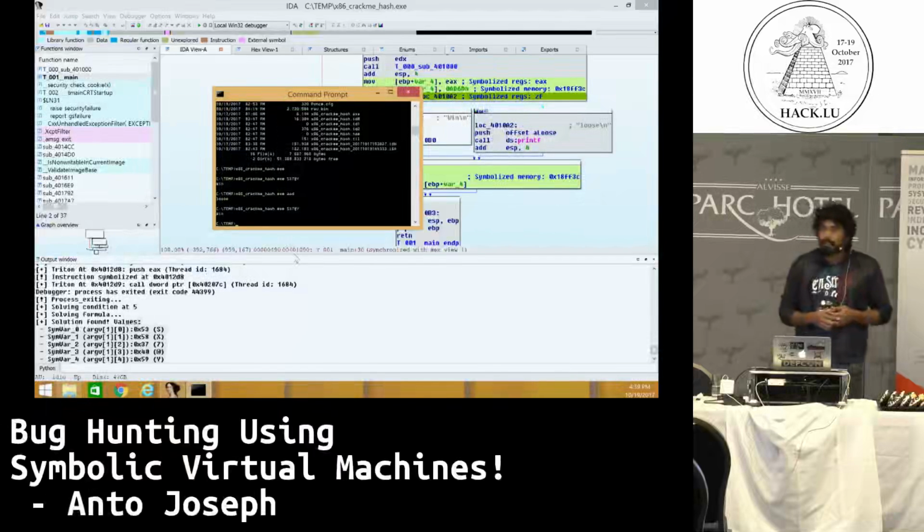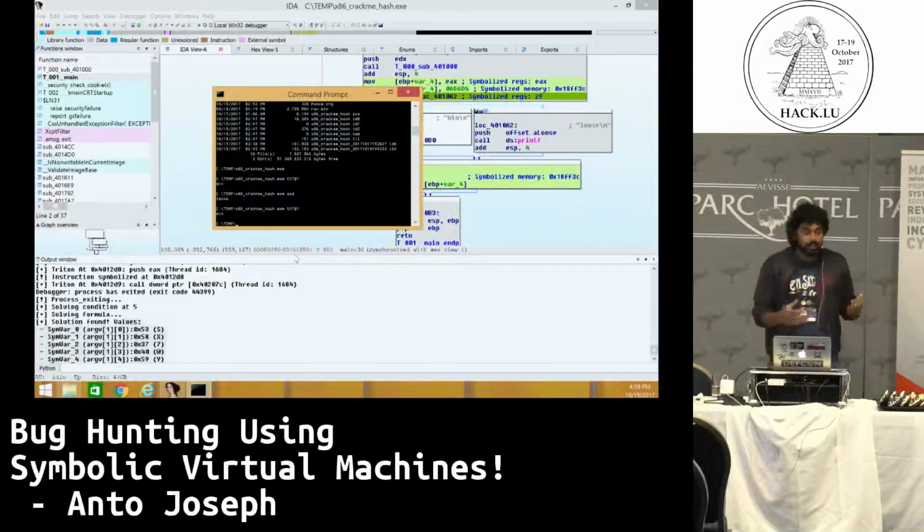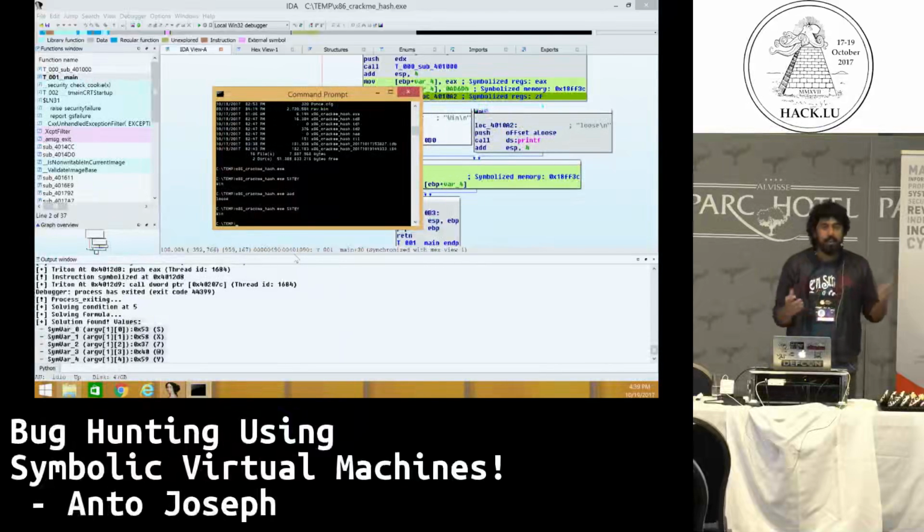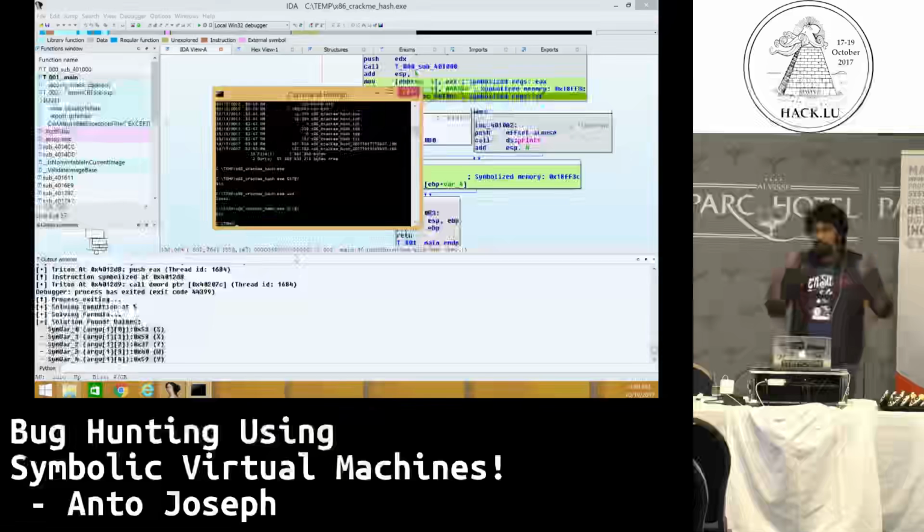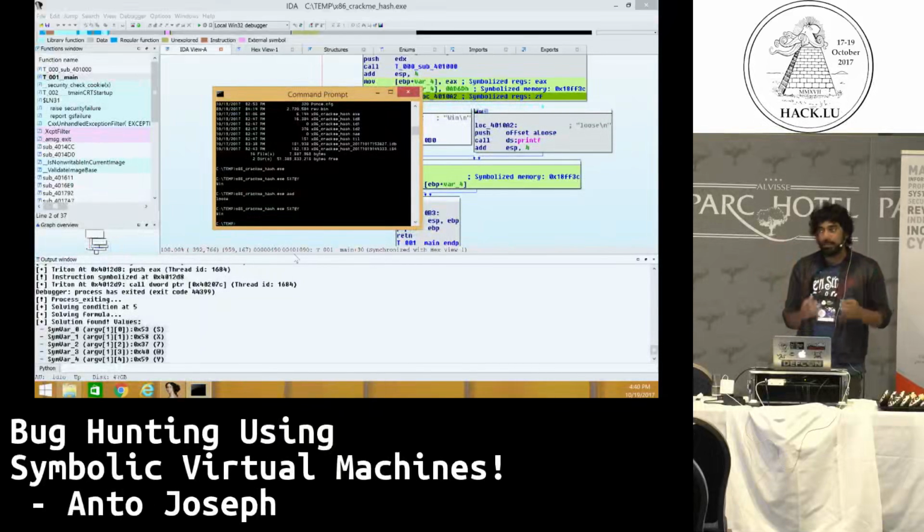But I would recommend not to run it on the whole binary as such, but only on the branches that you want to take. So let's assume that you are somewhere in the binary, and you just need to figure out how to get to this particular branch. So you load the symbolic machine from that specific instance. You don't load it from the entire start of the binary.